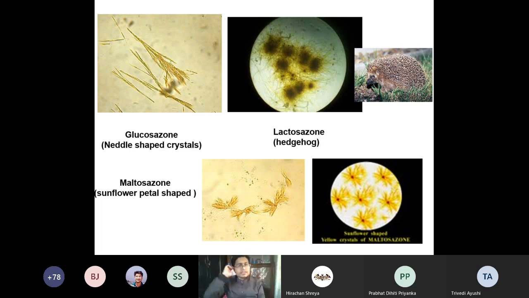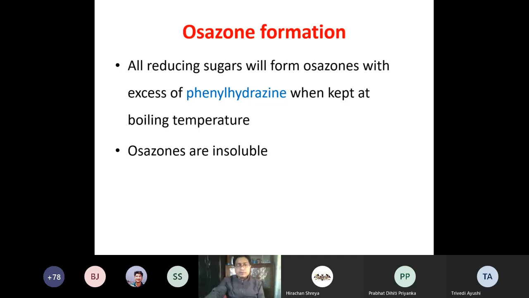By that experiment, if needle-shaped, we perform the experiment, and after performing the experiment, crystals